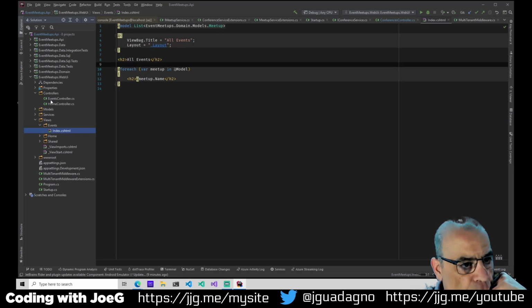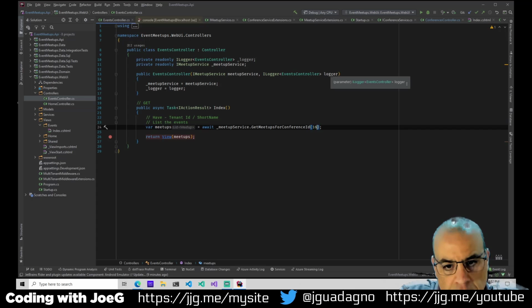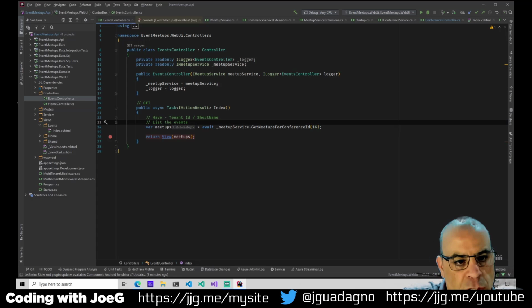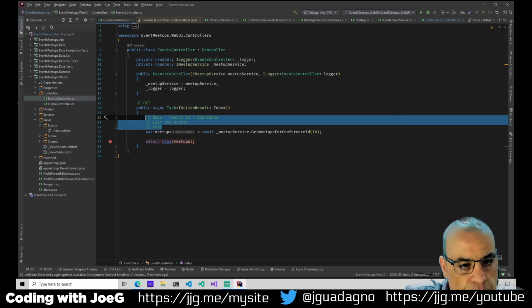So let's go and take a look at the controller, which I already alluded to here. We're going to want to replace this hard-coded 16 with the actual conference ID. Now the conference ID is in the context now.